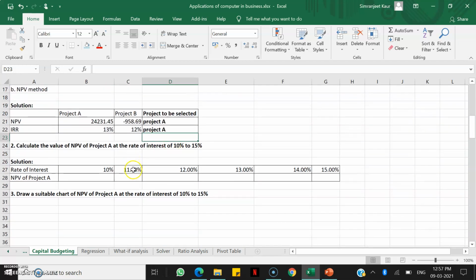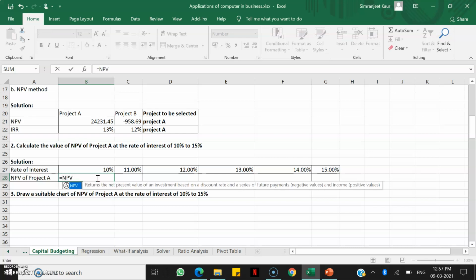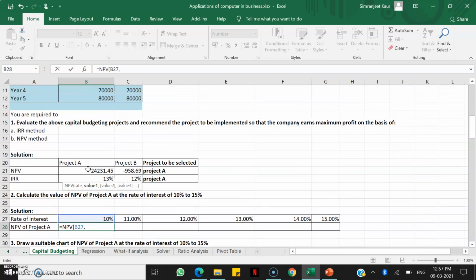Now the second part says to calculate the value of NPV of project A at the rate of 10% to 15%. So they have given us different rates, and now we have to calculate the value, right? So this is similar to what we have done earlier. I'll type in NPV, right, and this is the rate, right? So I'll press comma. Now I have to fix my values.